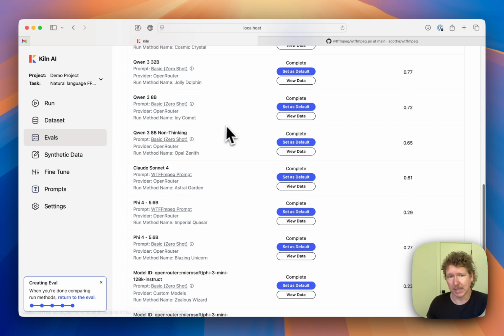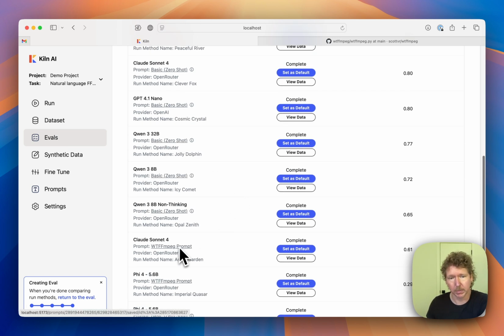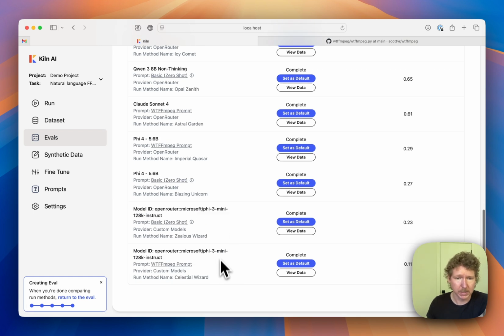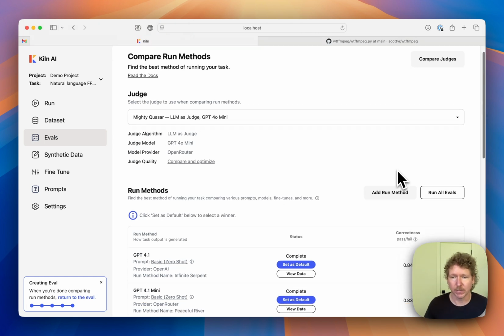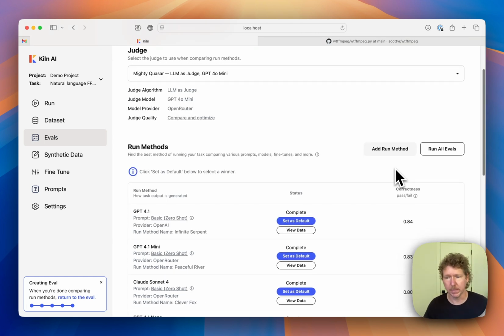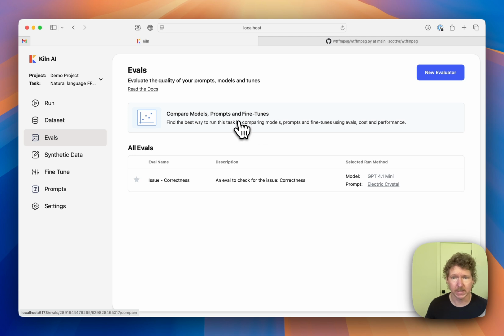So that prompt actually makes Sonnet a lot worse, the one we pulled from the open source project, whereas that prompt can help Phi, which is what they used it with. So interesting insights, helps us actually very quickly try a whole bunch of different methods. Let's go over to the compare screen inside of Evals